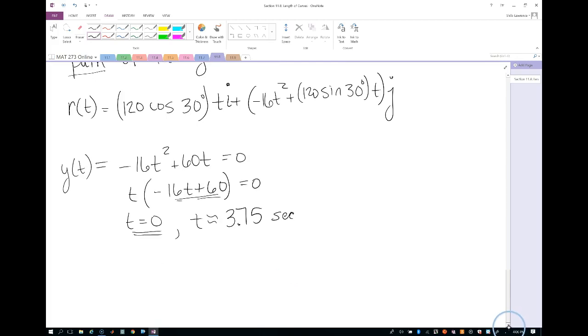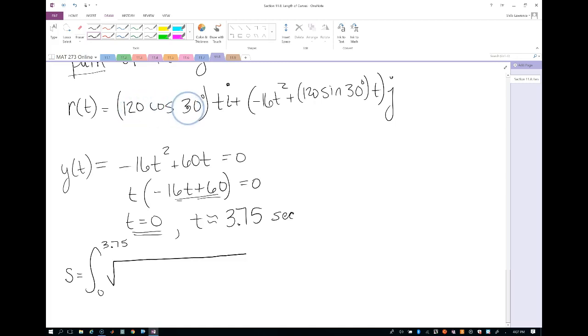So now we know what we need to integrate between 0 and 3.75. 0 is the start of the ball's path, 3.75 is the ending time of the ball's flight path. And remember, we are integrating the magnitude of r prime of t. So we need the square root of the